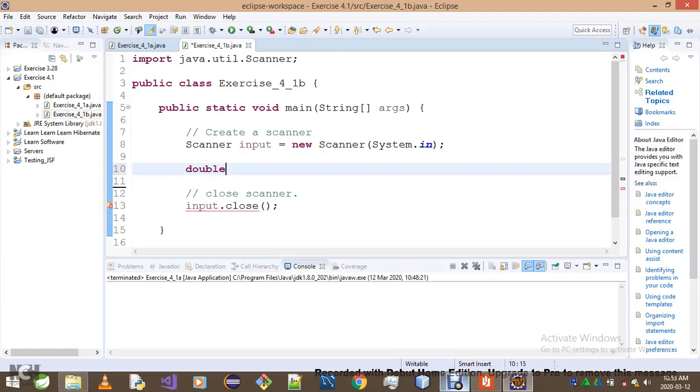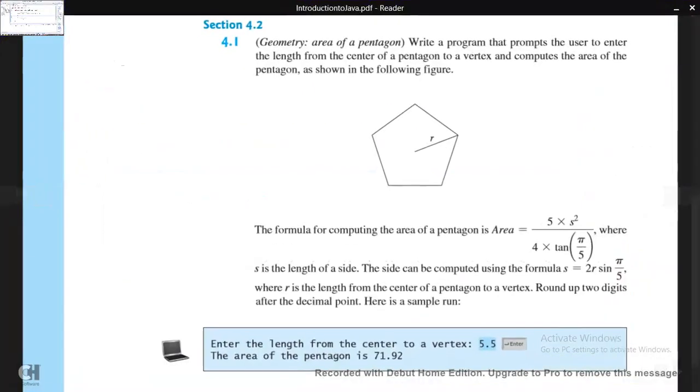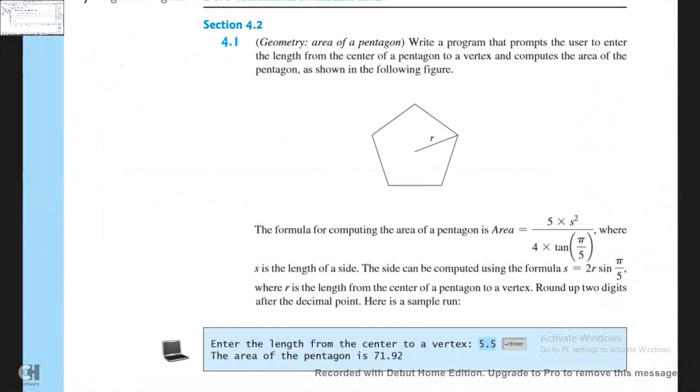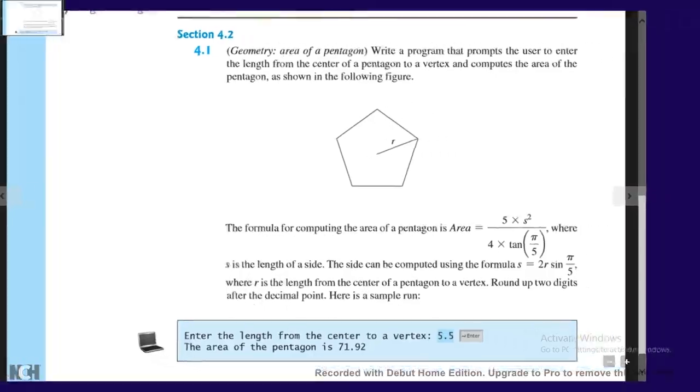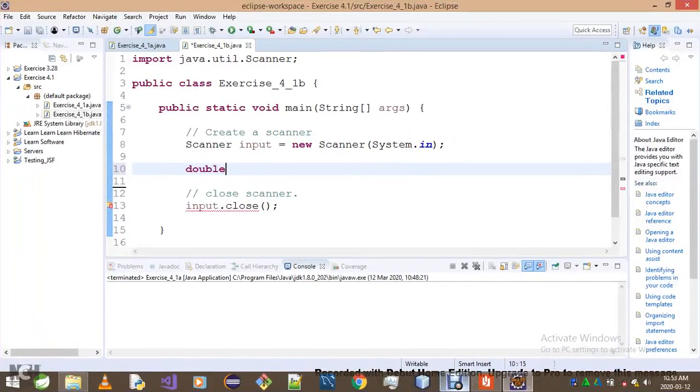I decided not to read out the question. You can pause and read it through and then try to come back. Okay, so we're required to calculate the area of the pentagon. The very first thing I will do is to declare